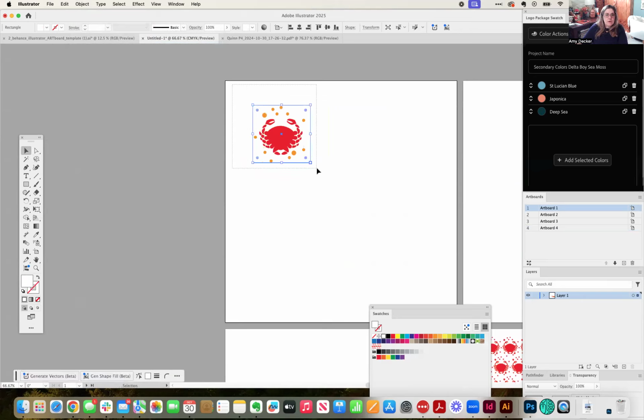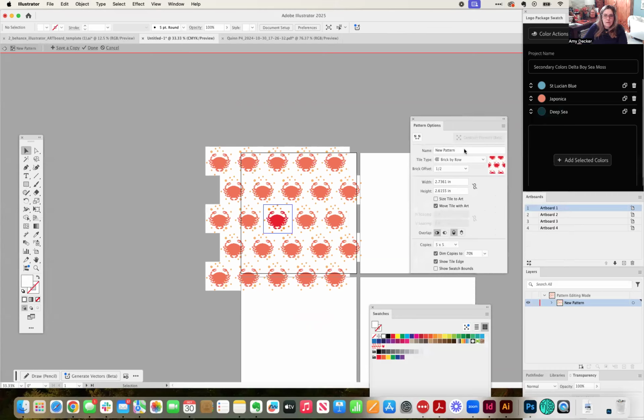So if I select all of this now, I can go to object, pattern, make, and notice, now when I call it Crabby with back,